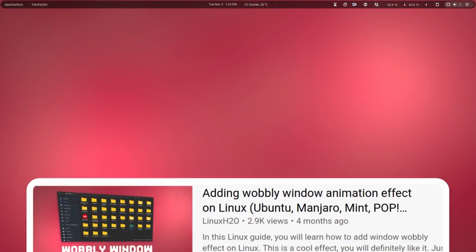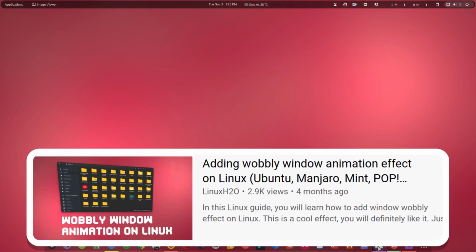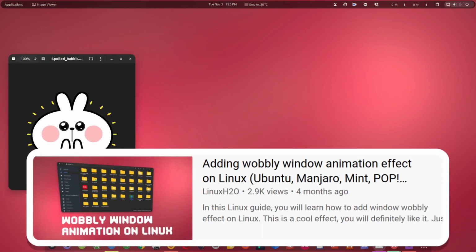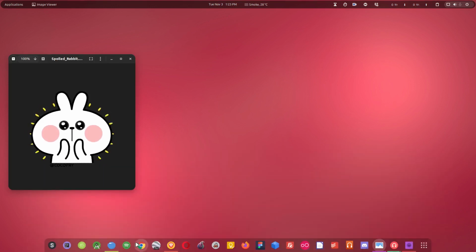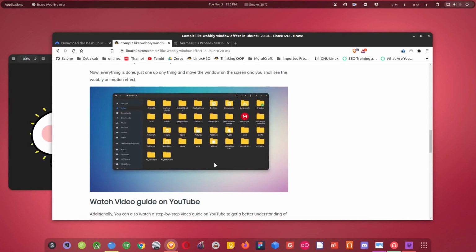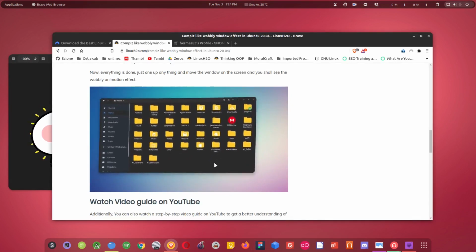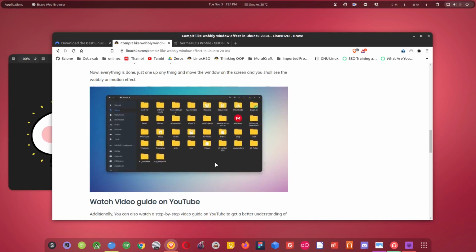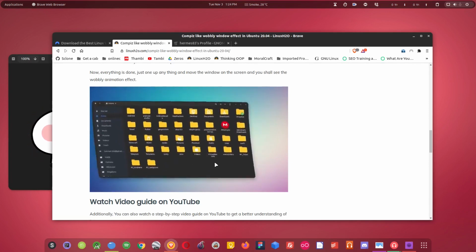If you remember earlier this year, I showed you a guide on how to enable the bubbly effect on the GNOME desktop environment, and this is the guide. Installing this particular extension would allow you to enable this effect. We have to use this extension because GNOME uses a different kind of desktop manager, so we cannot use Compiz to customize the window related effect.